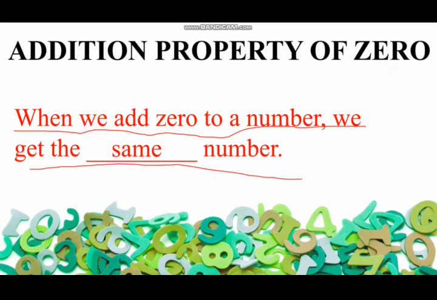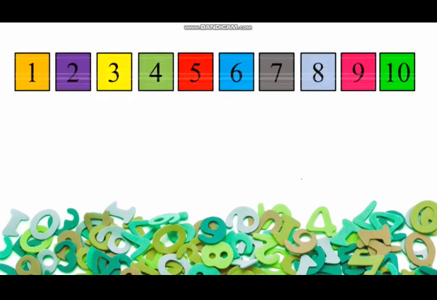Now, moving on to the next. I will be again giving you some questions, okay. Now, can you see this? Yes, हमने पढ़ा है numbers 1 to 10. You know the order of the numbers. That is what I have written. 1, 2, 3, 4, 5, 6, 7, 8, 9 and 10.